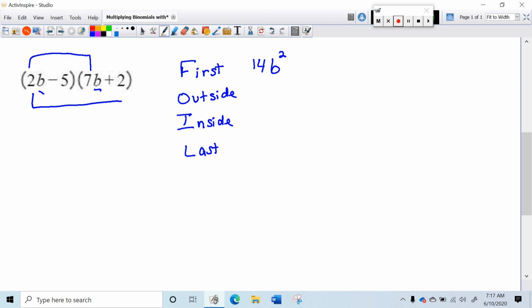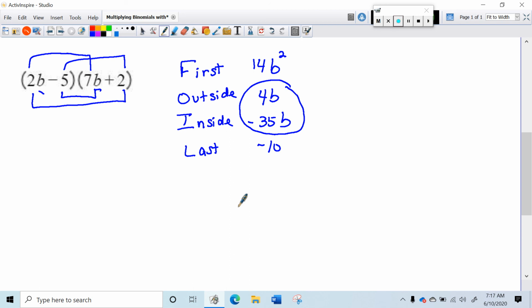The outside, 2 times 2 is 4, and I have a b. The inside, negative 5 times 7 is negative 35, and I have a b there. And the last terms, negative 5 times 2 is a negative 10. Just like in the Punnett square, the middle two terms can go together. So I end up with 14b squared. For my b's, 4 take away 35 is a negative 31, and then a negative 10, minus 10, and that's